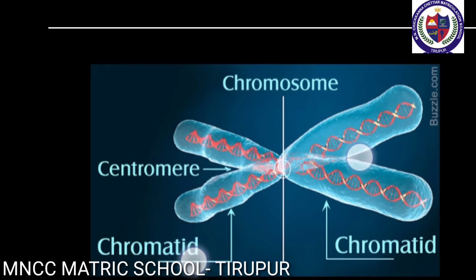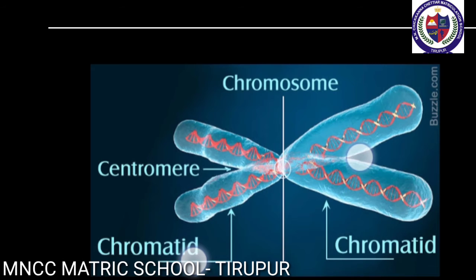Chromosomes, DNA, and genes. The human body is made up of millions of cells. The nucleus of each cell contains thin thread-like structures called chromosomes. The term chromosome was first coined by Waldeyer in 1888. The chromosomes are the carrier of genetic material which contain the heredity information. The chromosomes are highly condensed coiled chromatin fibers packed with the DNA, deoxyribonucleic acid, that forms the genetic material.